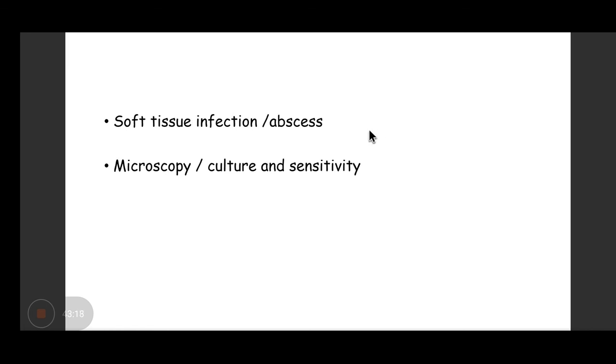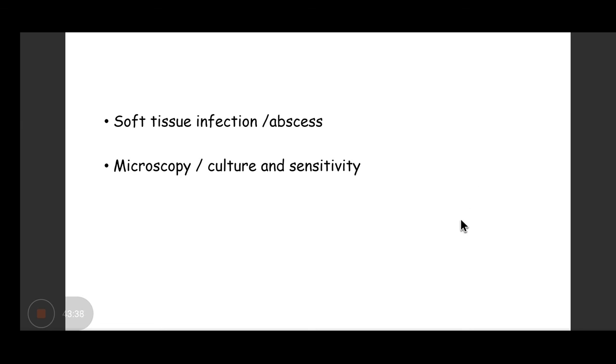So for that, you will go for chest X-ray and sputum AFB and culture. And in physical examination, if you see any soft tissue infection or abscess, you will go for the culture and microscopy for that